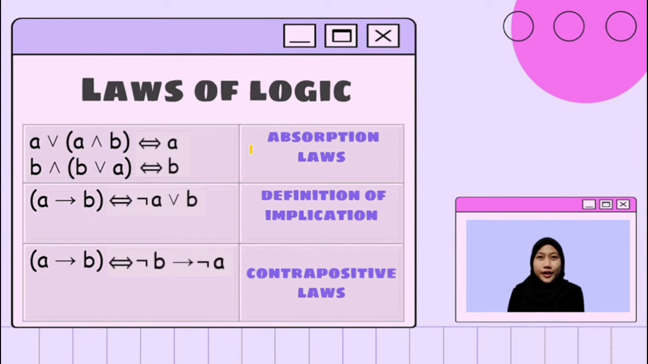Hi, okay, so now I would like to explain about three laws of logic. First, absorption law. Second, definition of implication. Third, contrapositive law. For absorption law, if our statement is A or open bracket A and B close bracket, it